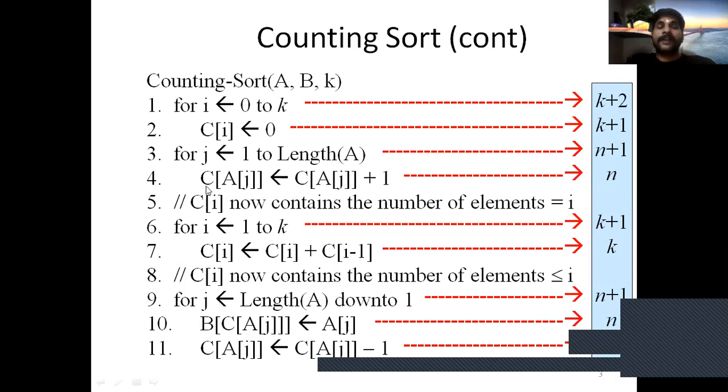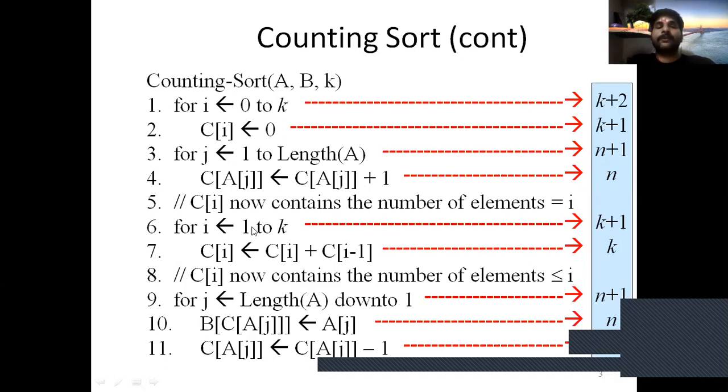The value of C[A[j]] depends on C[A[j]] plus 1, and j depends on the for loop j from 1 to length of array. It is executed n times for true, therefore the running time of this instruction is n.